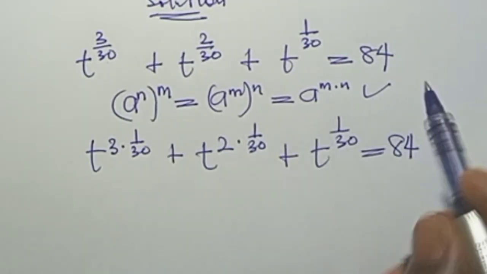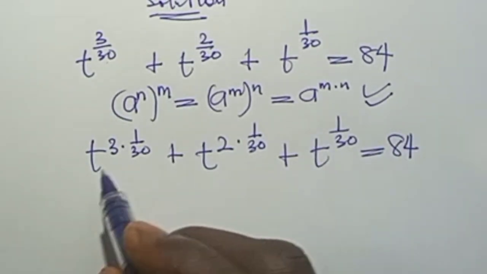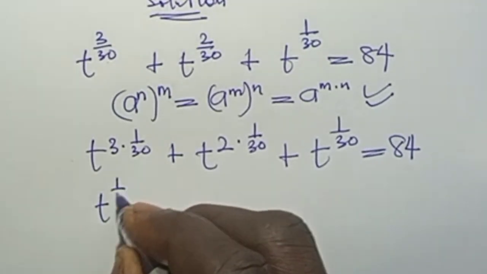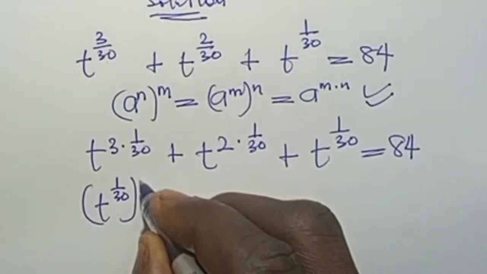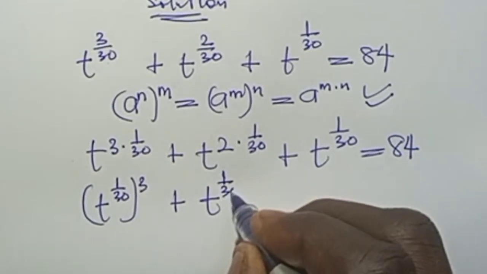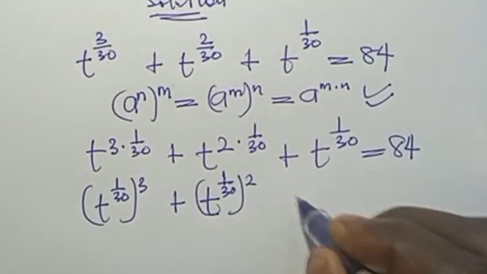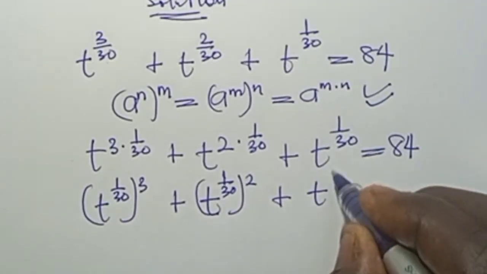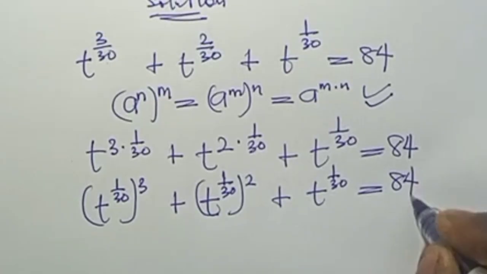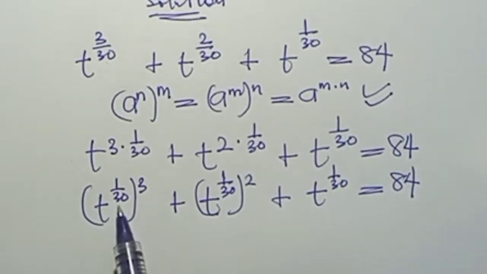With this same exponential law in mind, we can also write t to the power of 1 over 30, all to the power of 3, plus t to the power of 1 over 30, all to the power of 2, plus t to the power of 1 over 30 all equals to 84. So you can see that t to the power of 1 over 30 is common. So we can therefore say